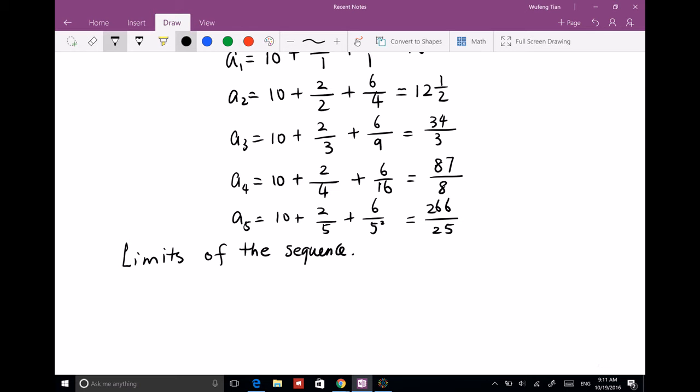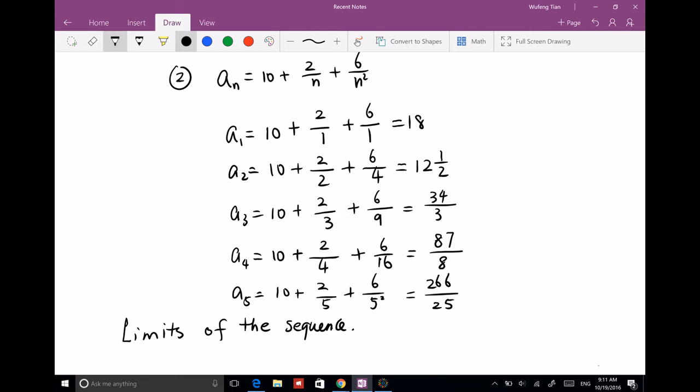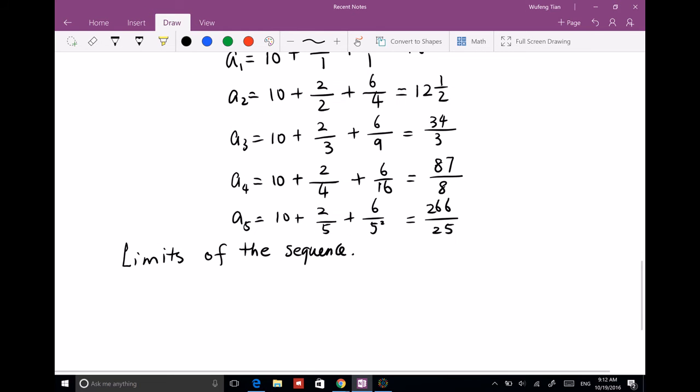What's the limit of a sequence? Which means I give you an, for example, this one. Now when n goes to infinity, what is the an? Okay. So the limit of a sequence, the definition, is: